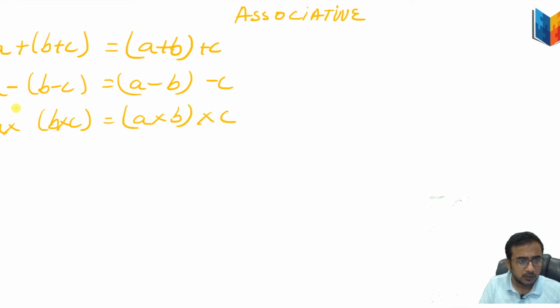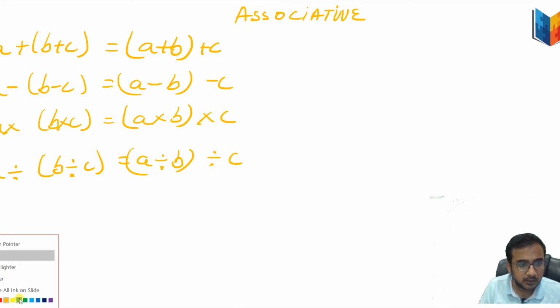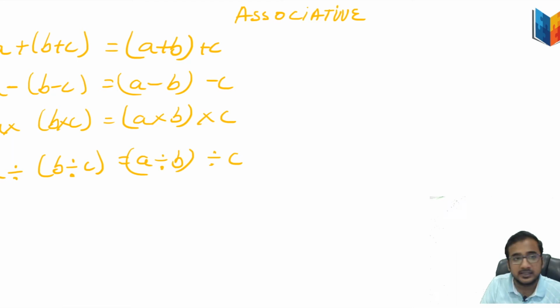Okay, so this is how it should work for all of you. And for division, similarly, only the sign will change. Just remember, in rational numbers your fraction will be in the form p by q, okay. So a by b divided by c, if you want to see it in fraction form, it will be looking something like this.